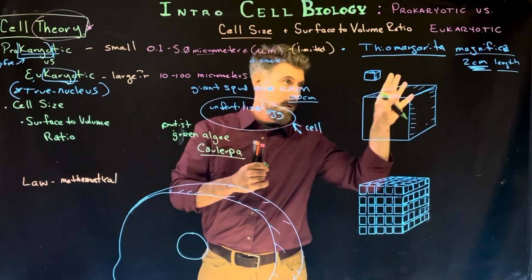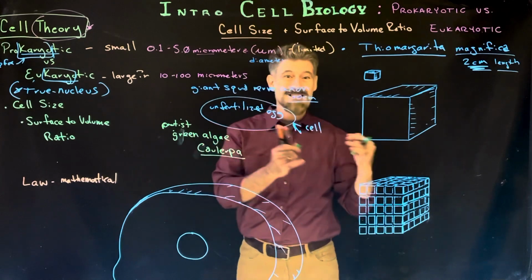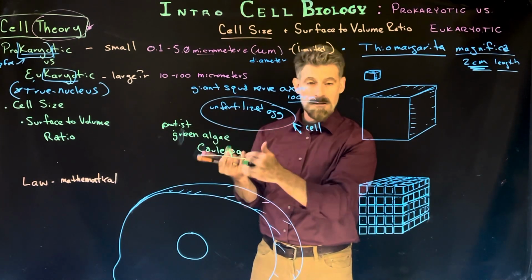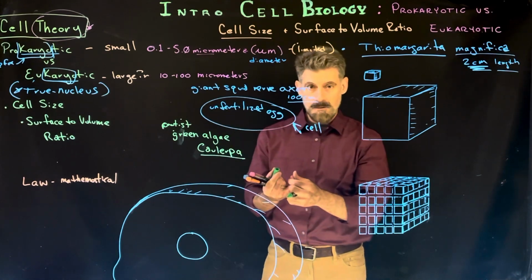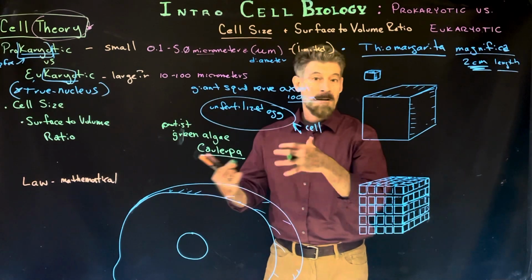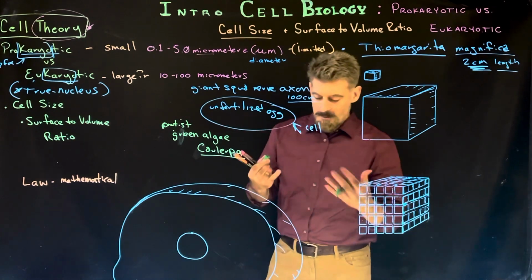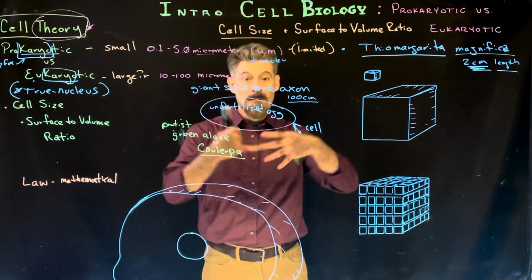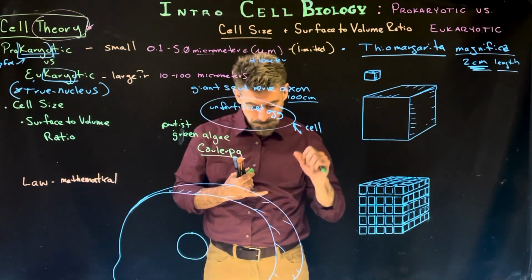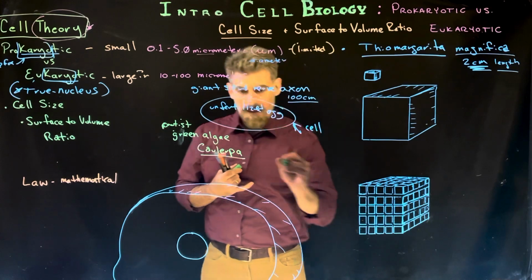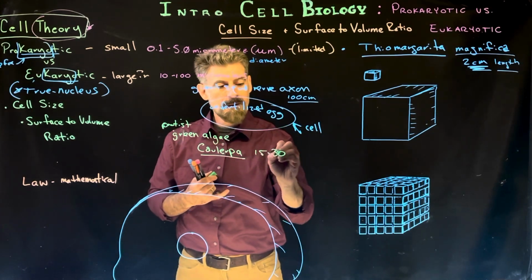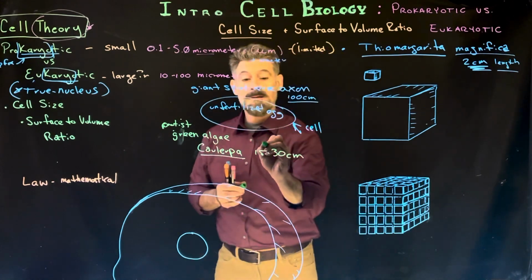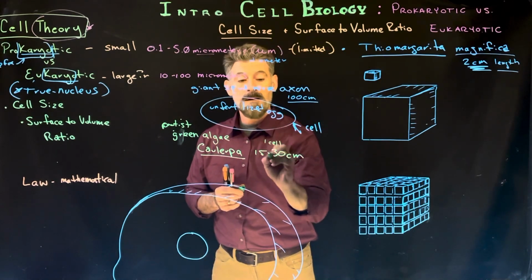Prokaryotes are one thing. A protist is something else. A protist is a eukaryotic organism. Many of them are single-celled organisms. Some of them are multicellular organisms. Some of them are photosynthetic, but they're not plants. So as you start to talk about organisms, you get all these interesting things and overlap between the different groups. The Caulerpa is about 15 to 30 centimeters in size, and that's a single cell, one cell, and that's eukaryotic.